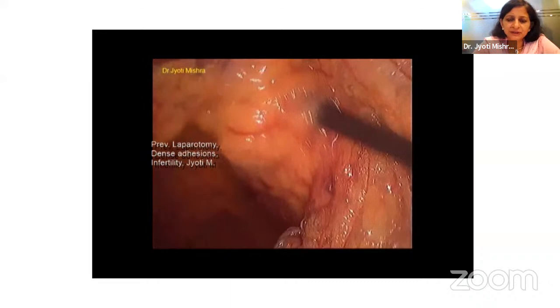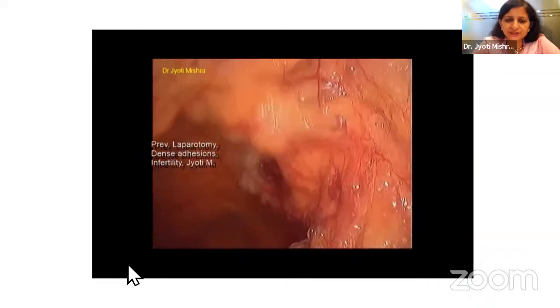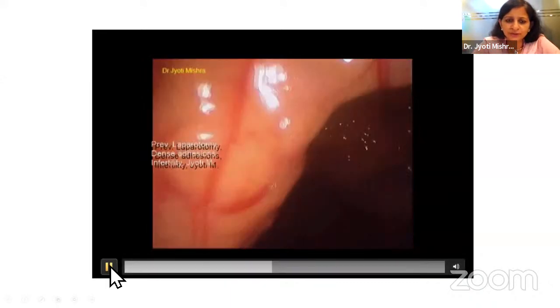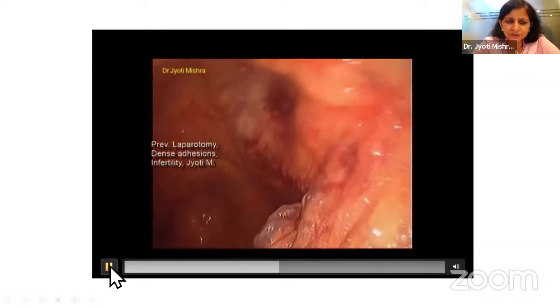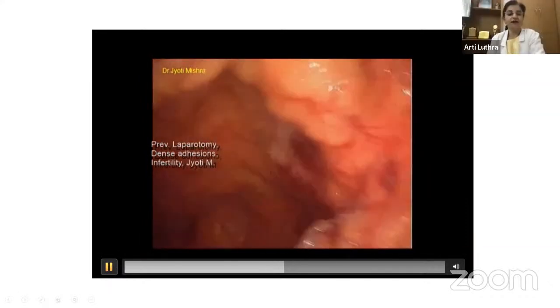So in such an abdomen, now what next? Where will you start from? You don't see the uterus, you see bowel and omentum all over. Dr. Aarti Luthra, I saw you there. Yeah. So,